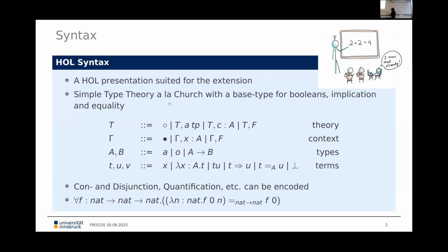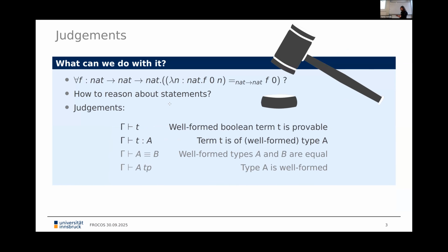With this, we can then write statements down like the one down here for our functions from maps to maps to maps. We have eta expansion as a primitive rule in HOL, so this is just a very simple thing. We can make judgments about these things. The more interesting for higher order logic are, of course, that we can prove something. And I am omitting the subscript capital T in the provability relation, which for a better theory would be there. But it's getting covered otherwise.